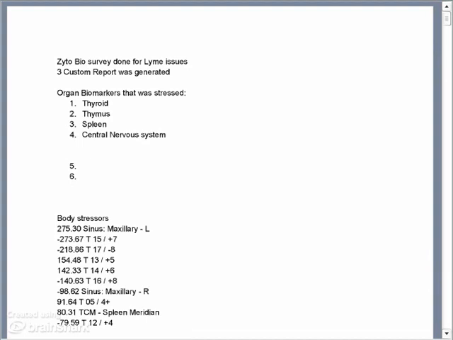And that being said, now I'm going to go over my personal preference for all this report, going over what exactly the vectors and stuff we need to focus on. So since the organ biomarkers that were stressed were thyroid, thymus, spleen, central nervous system, this is what I would focus on for the treatment protocol, because even though there are stresses and stuff, the problem I'm seeing is the first one,